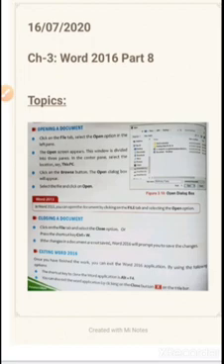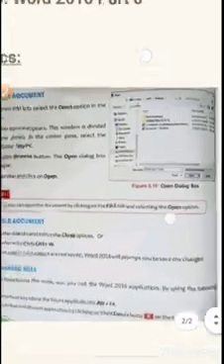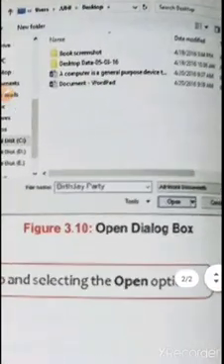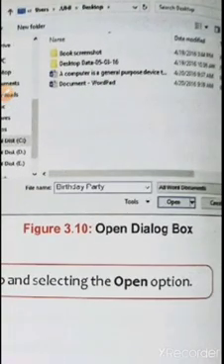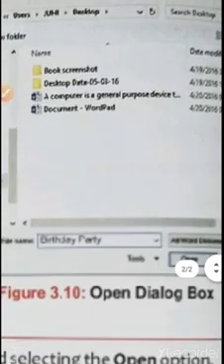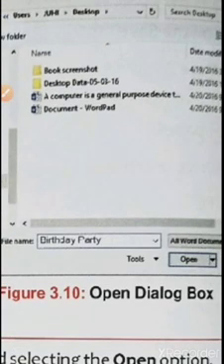For example, if you saved a file named ABC yesterday, the ABC file will appear. For example, you can see there are 2 Word files here. One is "A computer is a general purpose device" written there, and there is a document, WordPad. See this picture, there are 2 Word documents, and this is how the folder will show the Word file.